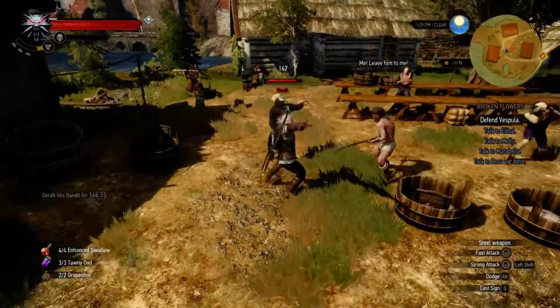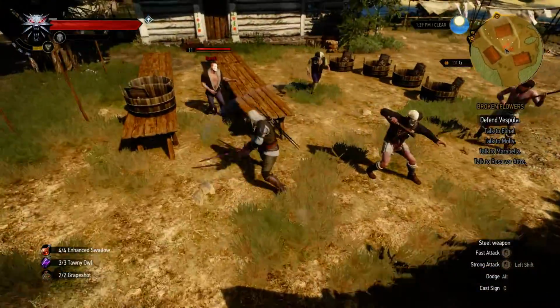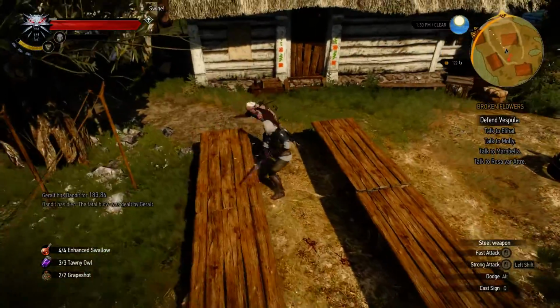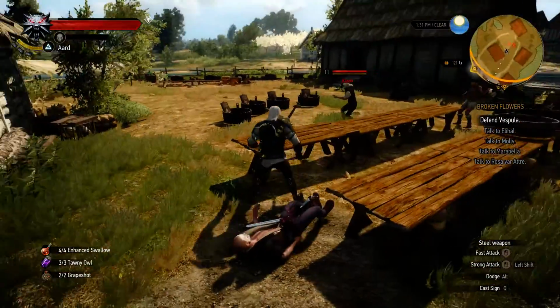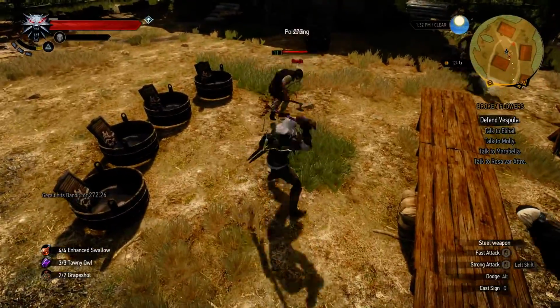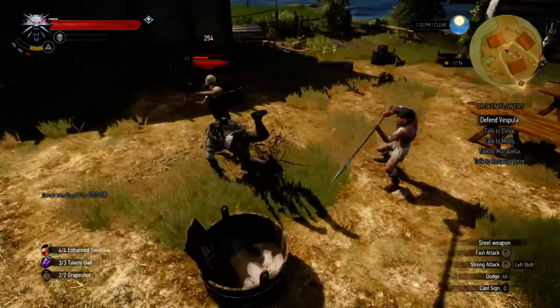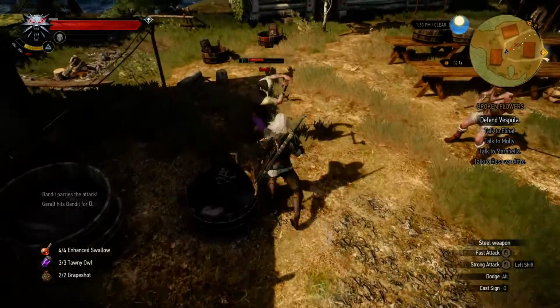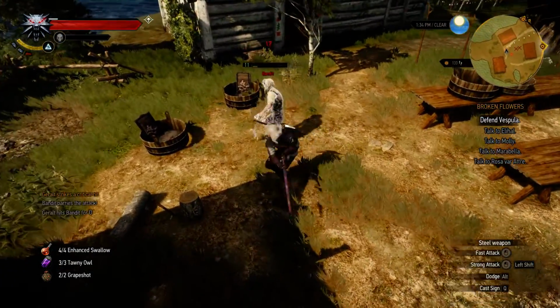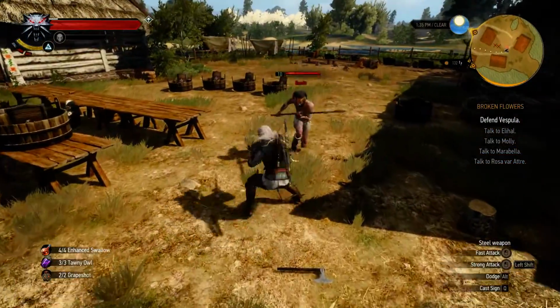Leave him to me! I would like to get this archer that's hiding behind these things first. Thank you. Come again. Try to get this one. It's out of stamina, so... And it seems to be freezing a little bit. Oh, this...